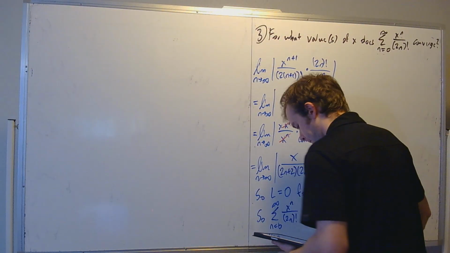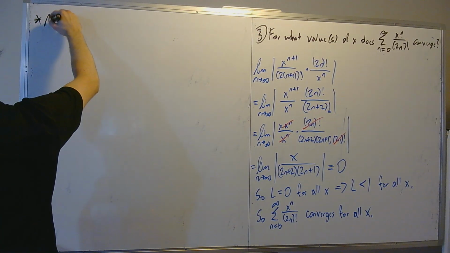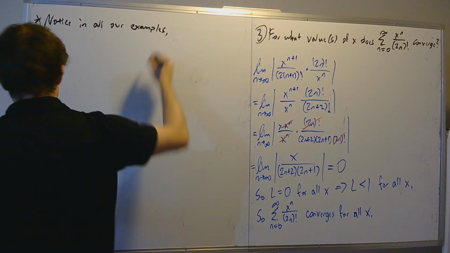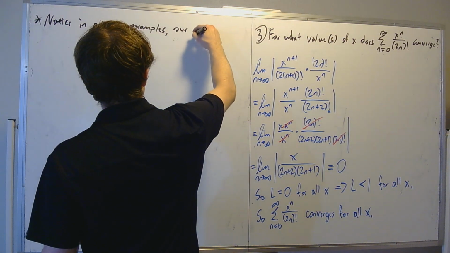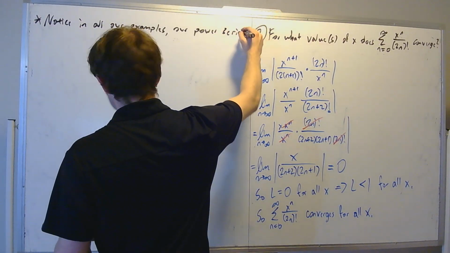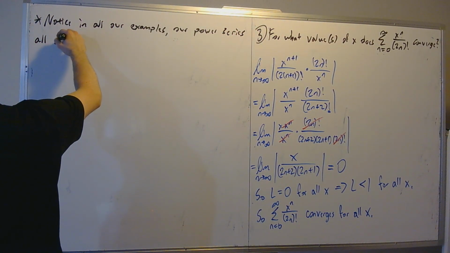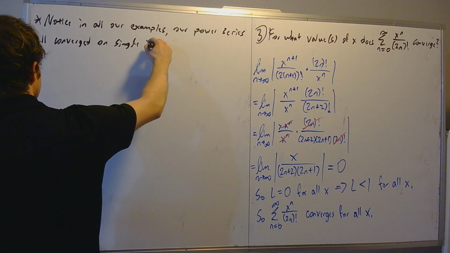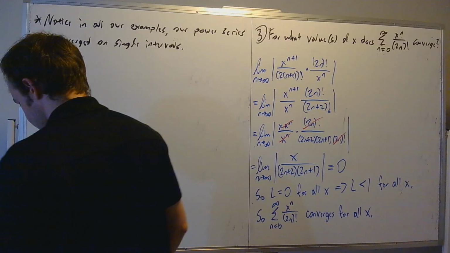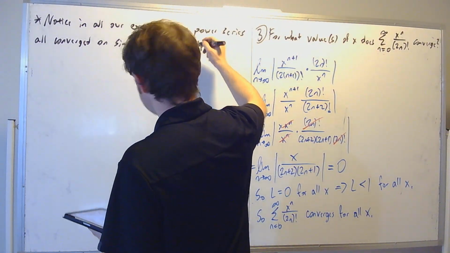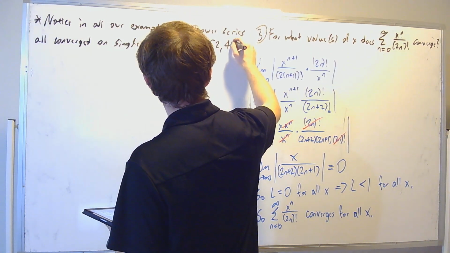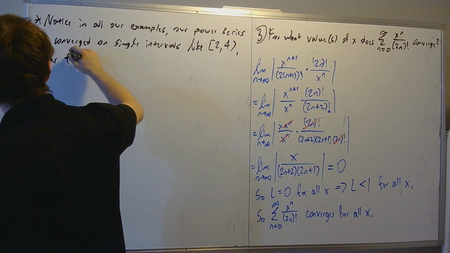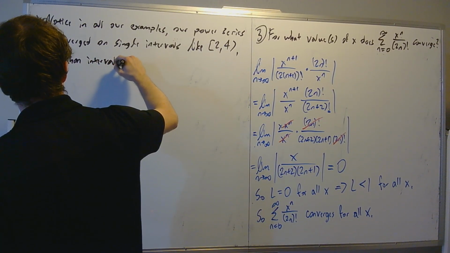Okay. So I'll say, notice in all our examples, our power series all converged on single intervals, like, so with one example, I think it was the first example, we had the interval from 2 to 4, rather than intervals like,